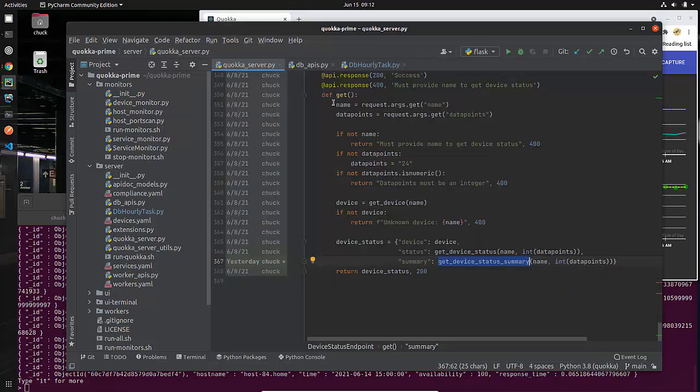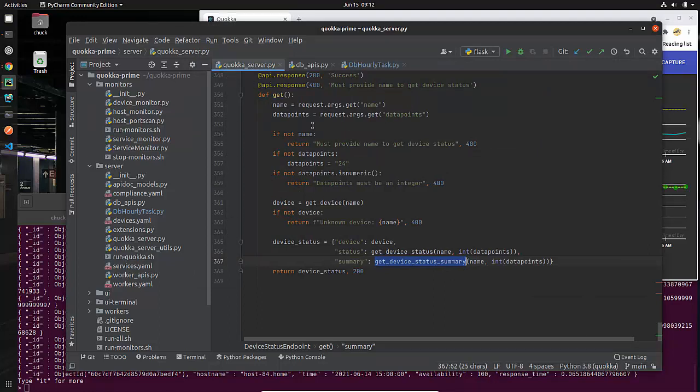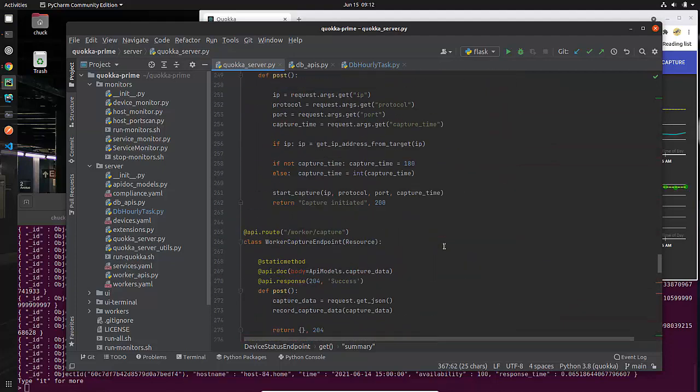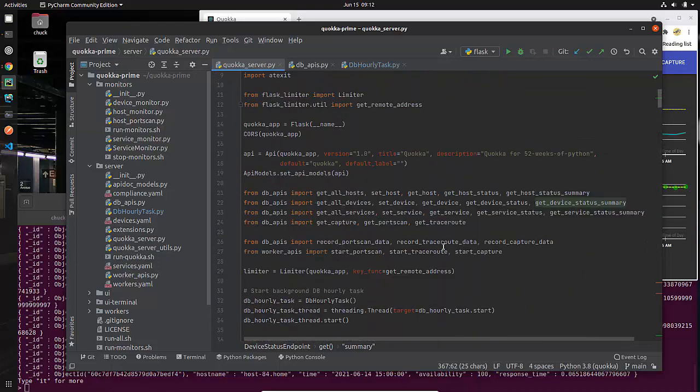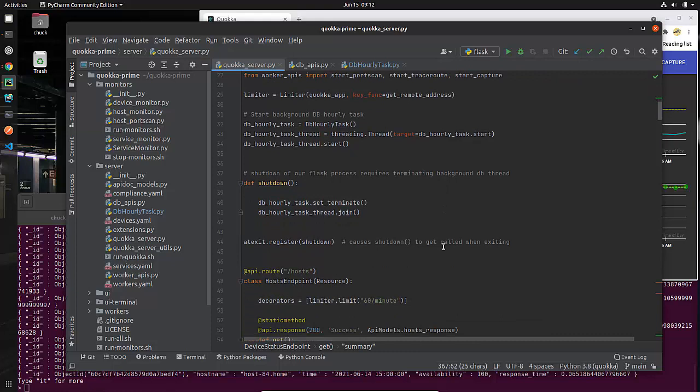So in this Quokka server, let me get rid of the annotations. In Quokka server, basically all I really needed to do, I didn't build new endpoints. I just added some stuff to replace the empty list with this actual data. Now the important thing that I did in this file was up at the top. And the most important of those important things is this part right here, starting the background thread.